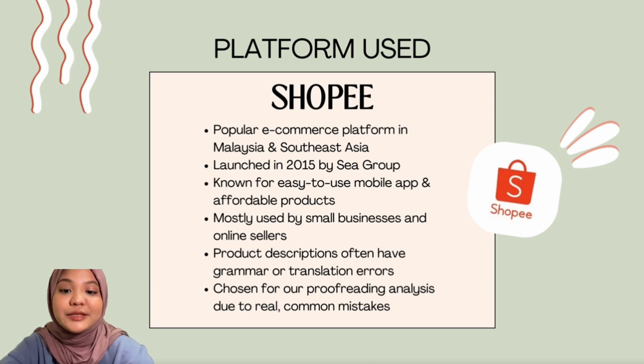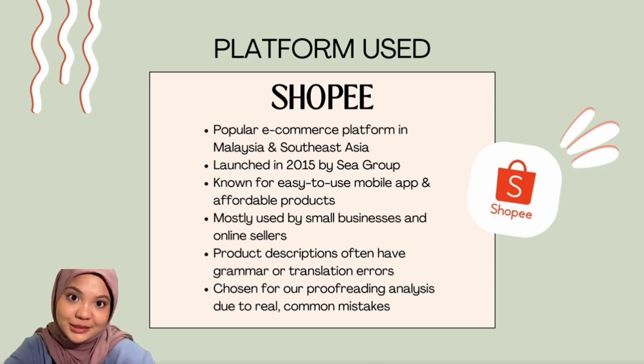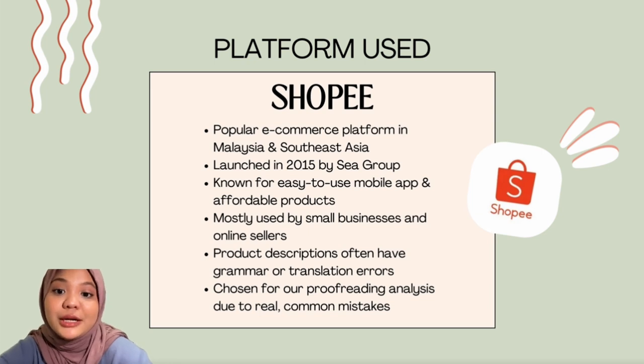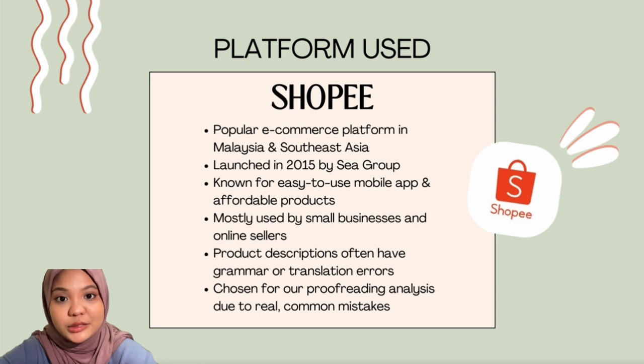A large number of sellers on Shopee are small businesses or individual resellers, and because of that, the product descriptions are often written quickly or translated using online tools. This can lead to common language errors like grammar mistakes, awkward sentence structure, or wrong punctuation. This is why we chose Shopee, because it provides real everyday examples of the kind of proofreading errors that